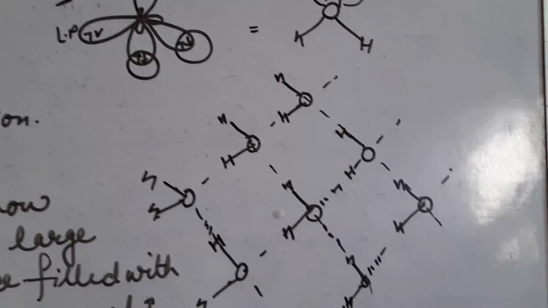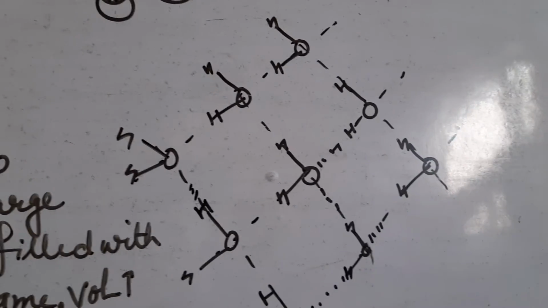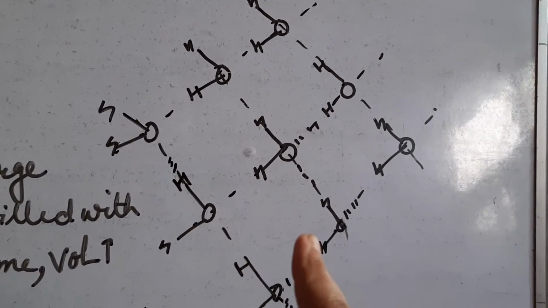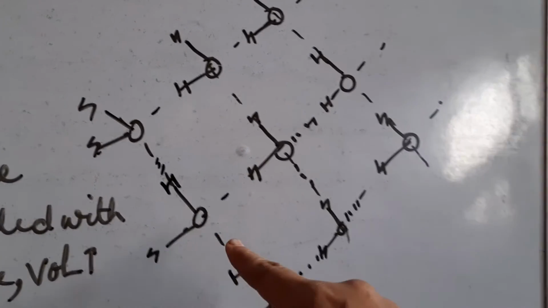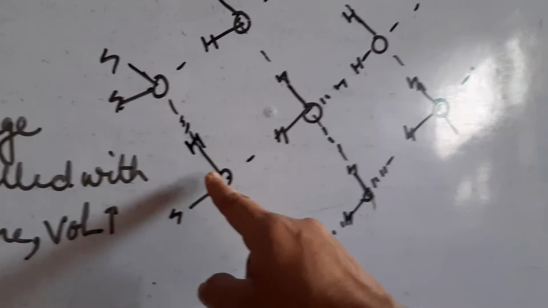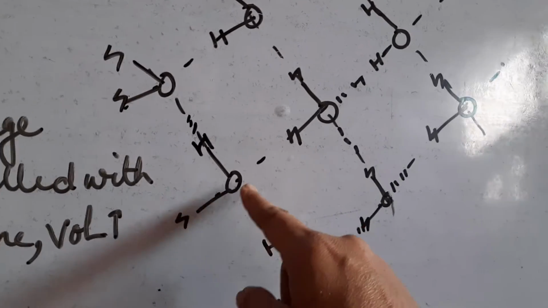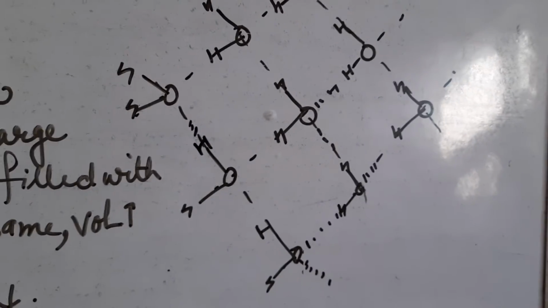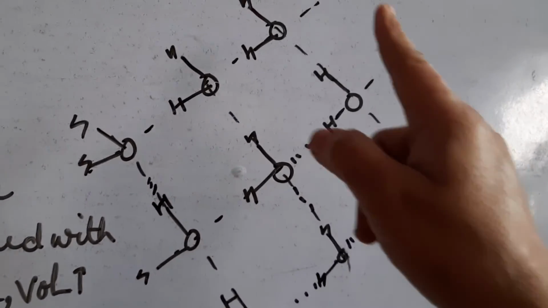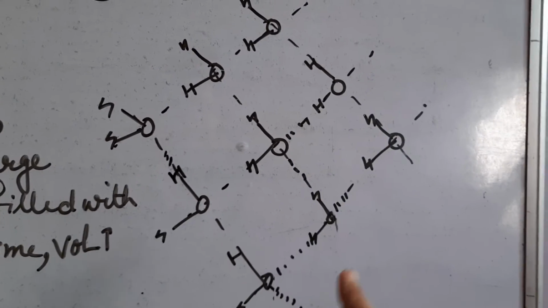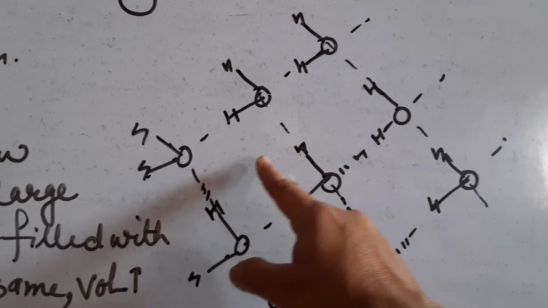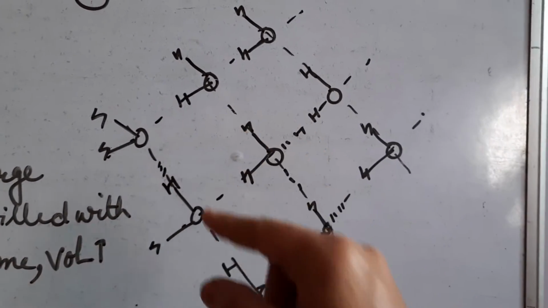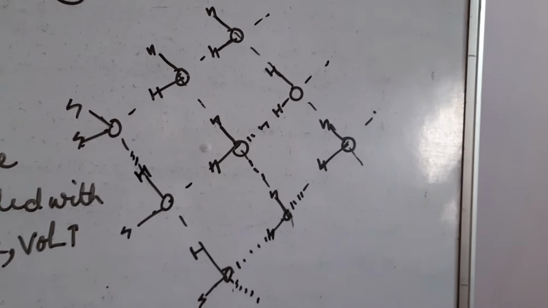See here, in solid state, water shows a cage-like structure. This is the cage-like structure of water in ice due to hydrogen bonding. One water molecule shows hydrogen bonding with another water molecule. This is your hydrogen bonding. Due to hydrogen bonding in ice, water molecules show a cage-like structure where vacant spaces are present, and these vacant spaces are filled with air. I hope it is clear to all of you.